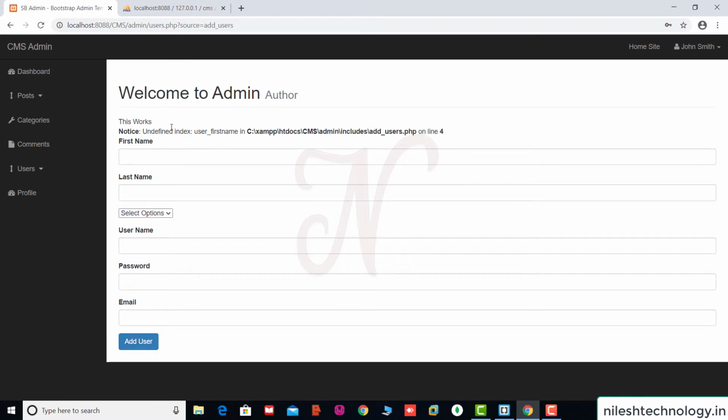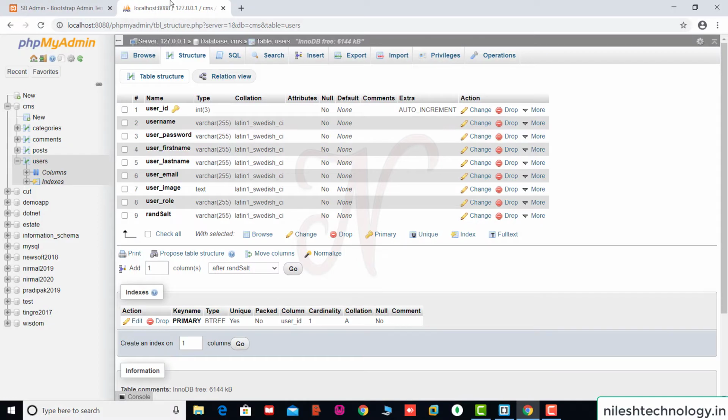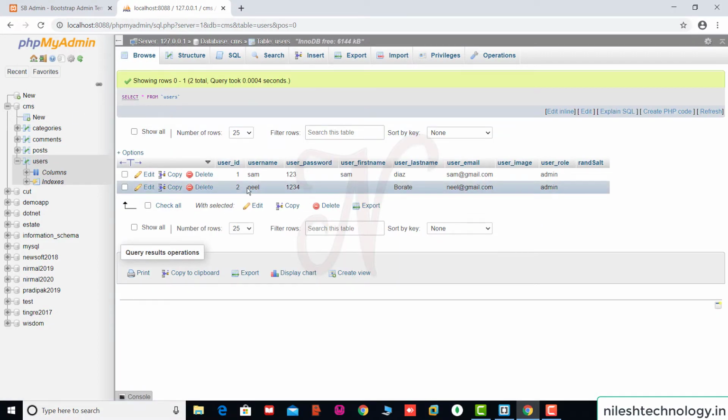Now we get undefined index user_first_name on line 4. Going to the users, I think the record is inserted. Okay, fine, the record is inserted. I think the first name column is blank, so we check it again.